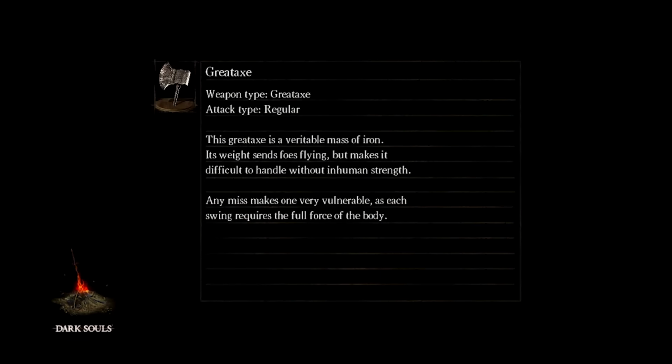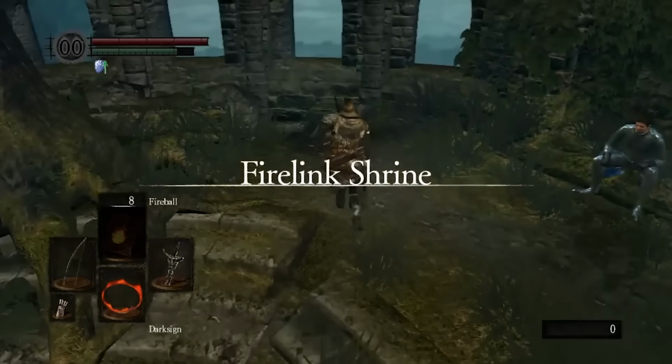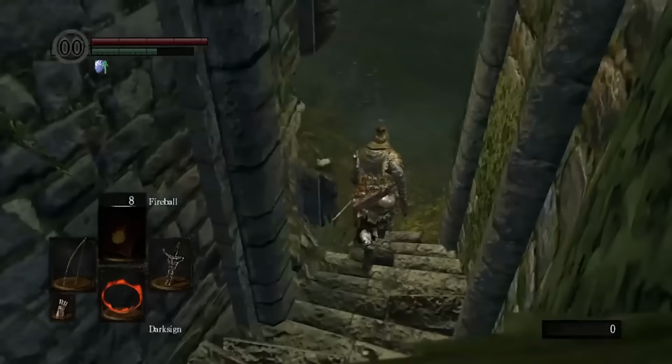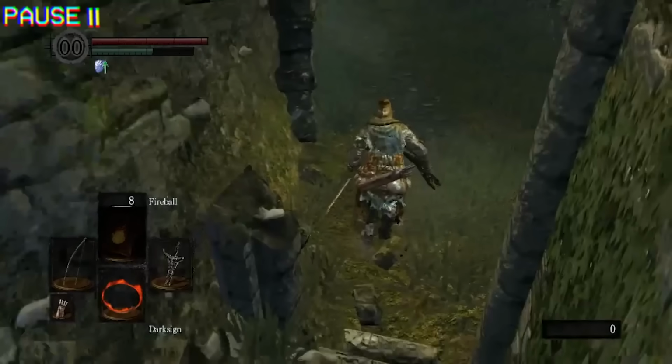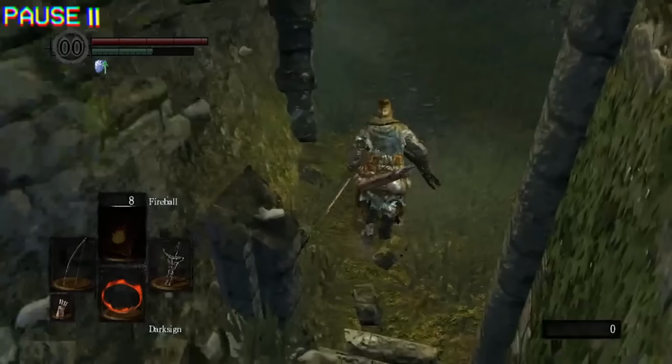.000088 value on the end of our equip load, which is one of the reasons why we chose to play as the Pyromancer like I mentioned before the run. Gonna pause again real quick. Regole also equipped and unequipped the hilt so that it moved to the top of the inventory in the first item slot. When we have the hilt equipped, our equip load is going to be exactly